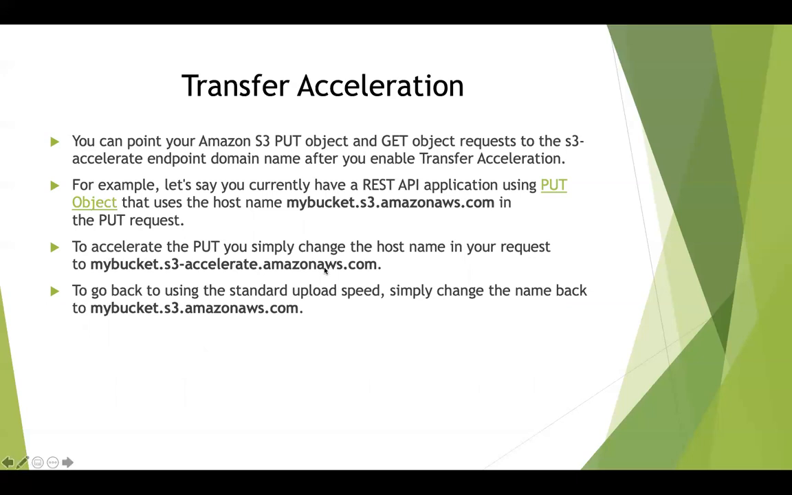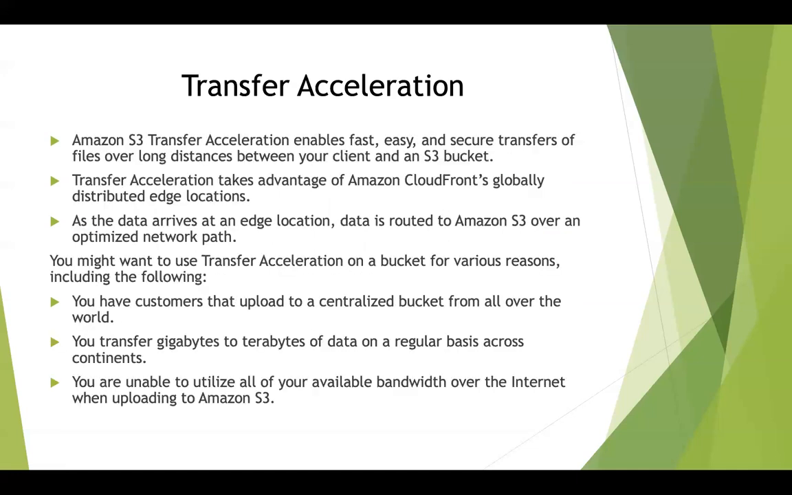And you can use transfer acceleration for different case scenarios when you transfer large amounts of data, or when you have a lot of customers that upload all of your data to a centralized S3 bucket across the world. And then you can also utilize transfer acceleration when you're unable to utilize all of your available bandwidth over the internet. Okay. So what happens in the background is your data is arriving at a particular edge location. And then from that edge location over an optimized network path, your data is going to be uploaded to the